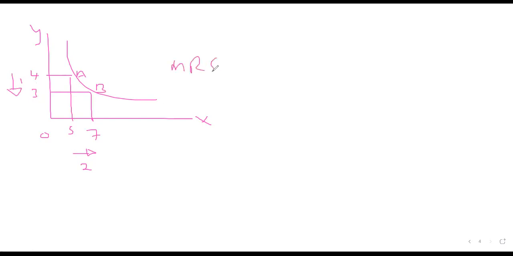So foregoing 1 unit of Y gives you what we call the marginal rate of substitution. Marginal rate of substitution X for Y is simply the price of good X over price of good Y. So if the price of good X, for instance, is maybe 2 kwacha, and the price of good Y is 8 kwacha, then the marginal rate of substitution of X for Y is 2 over 8, which is a quarter,